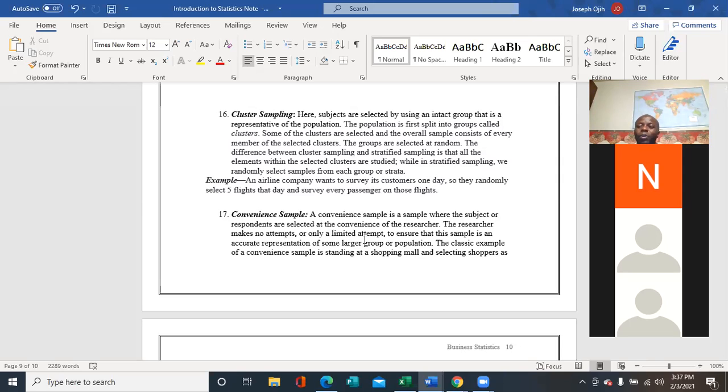So you see, they don't go into the trouble of looking for you like we normally do when we do sampling. We search for our subject. Here, they already have you as a customer, so they are asking you at their convenience. It is convenient for them to just ask you to fill a survey for them. So we call it convenience sampling because they did it at their own convenience.